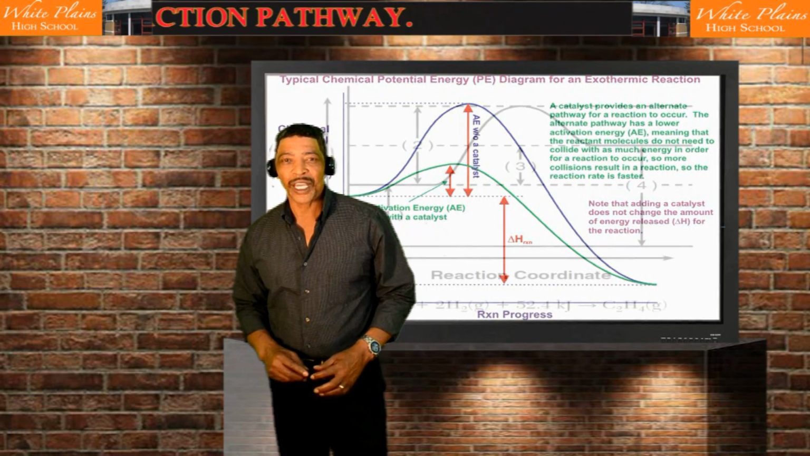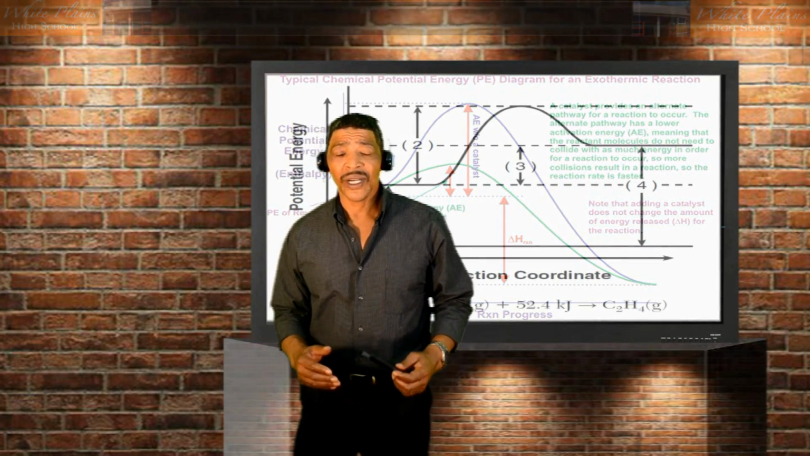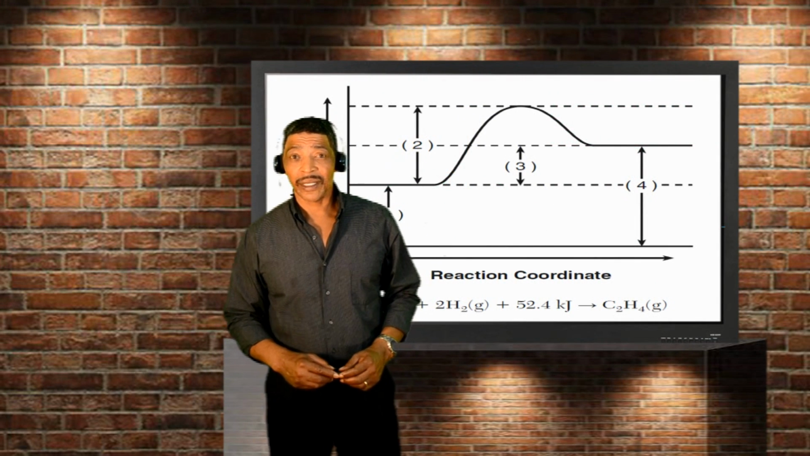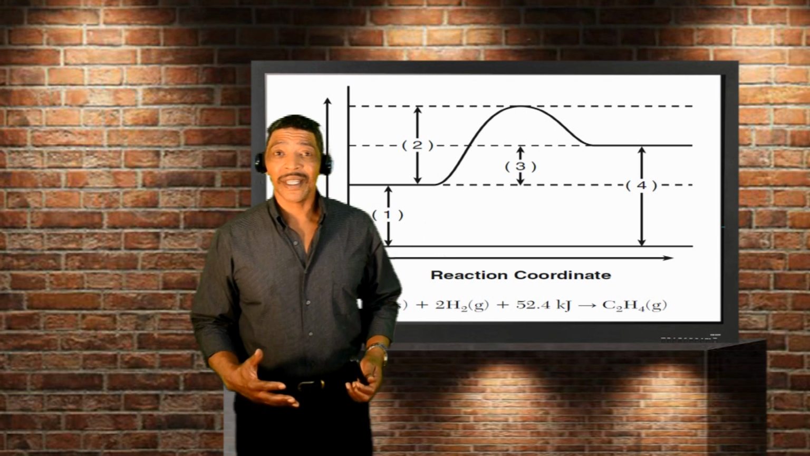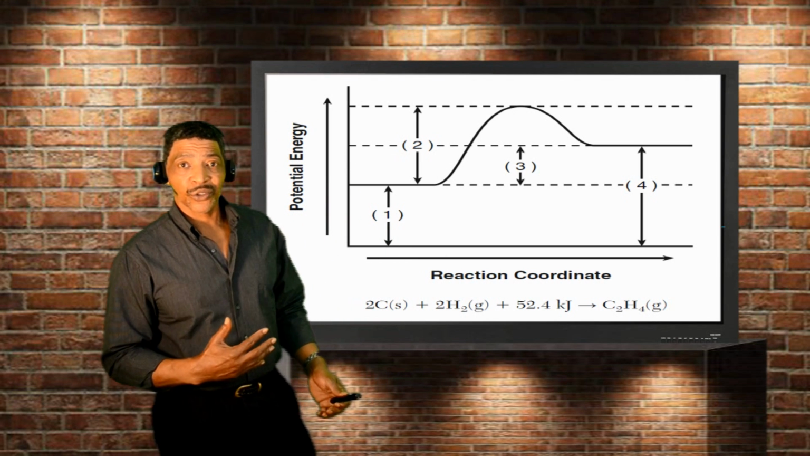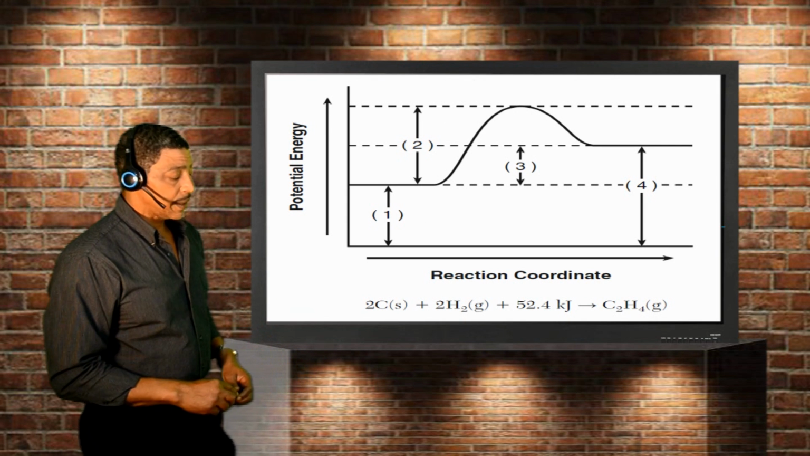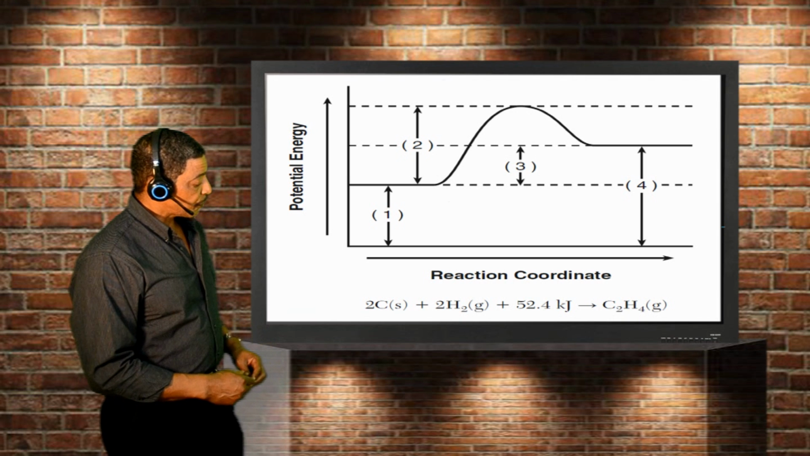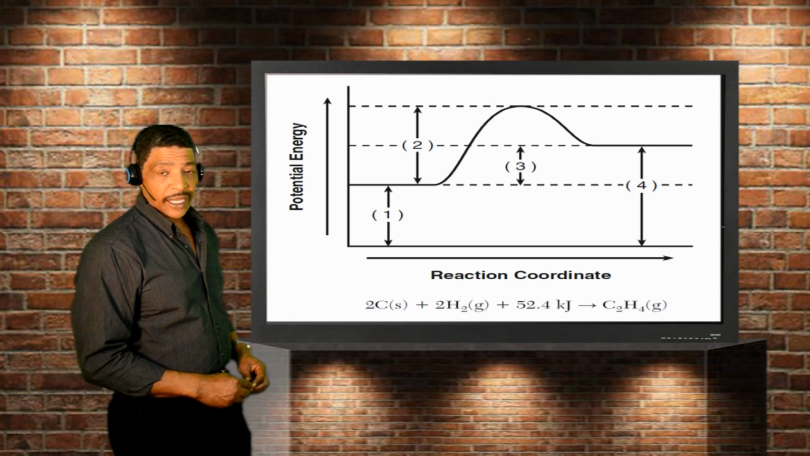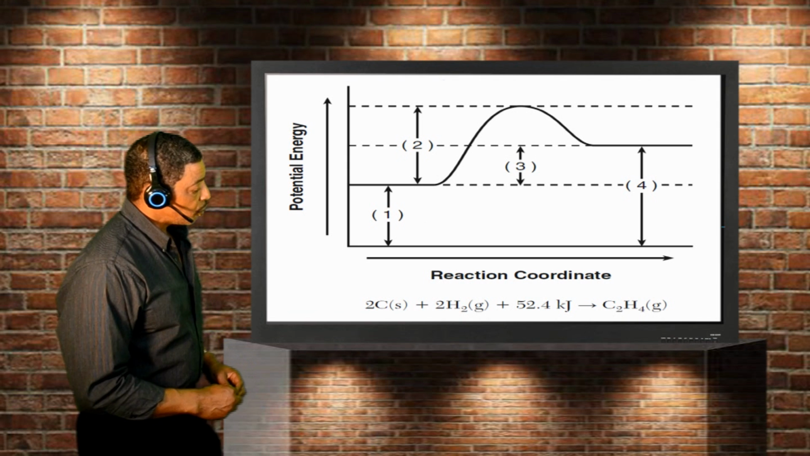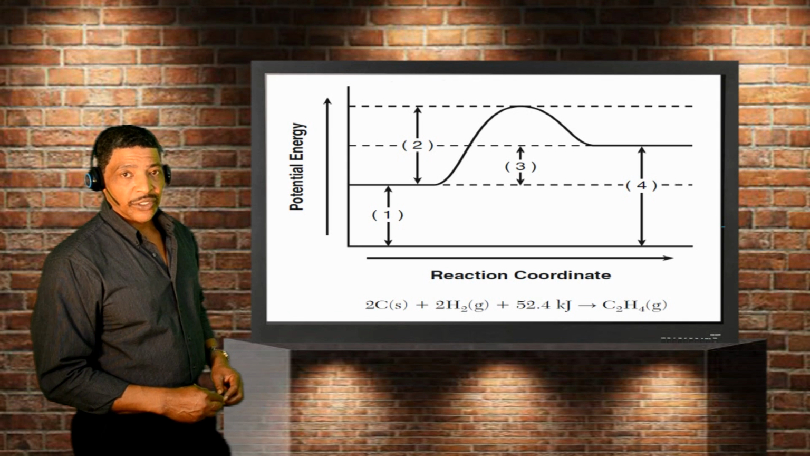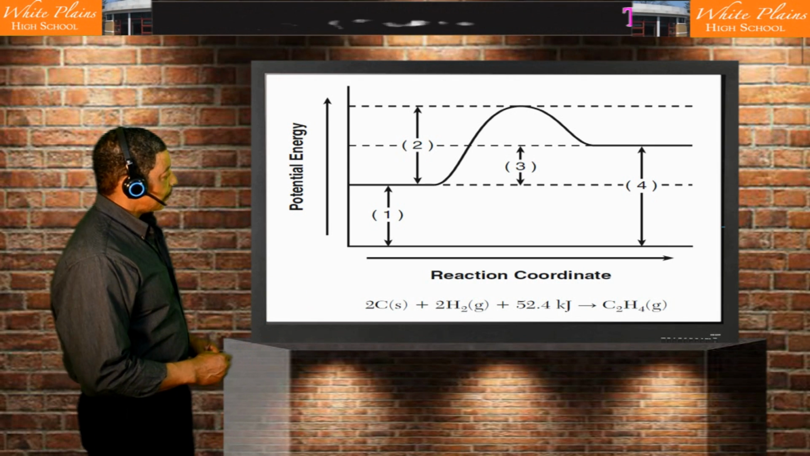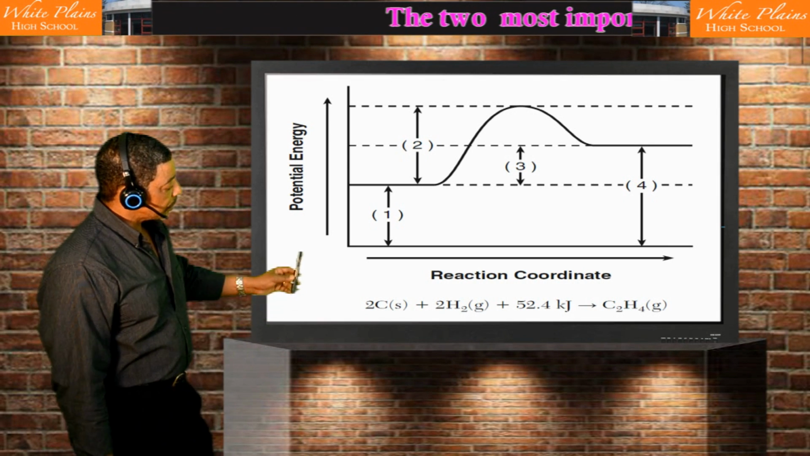The really cool thing about potential energy diagrams is that if you understand exothermic diagrams, you certainly can understand endothermic diagrams, because endothermic diagrams are the reverse of exothermic diagrams. This is what I mean. Consider a reaction where ethene is being formed from its elements, carbon and hydrogen gas, by absorbing 52.4 kilojoules of heat energy. The potential energy diagram for this reaction is drawn as follows, where the potential energy of the reactants